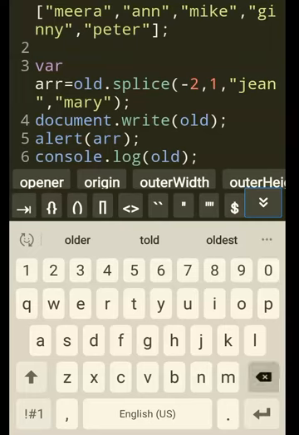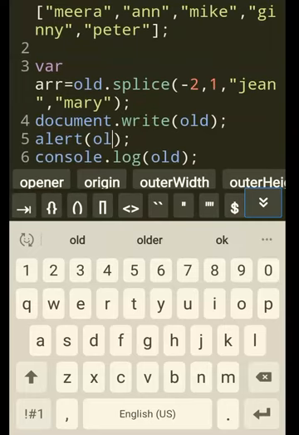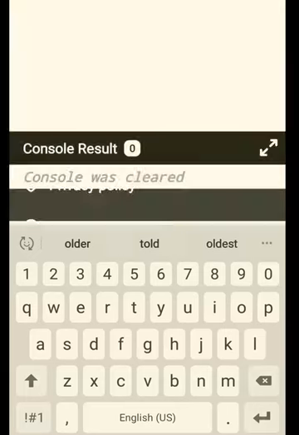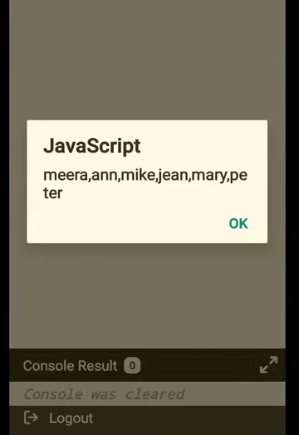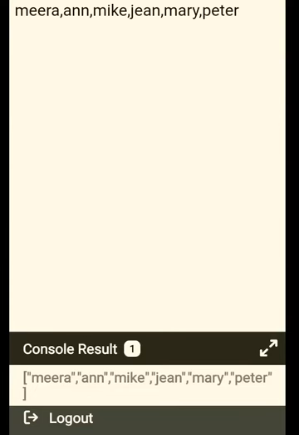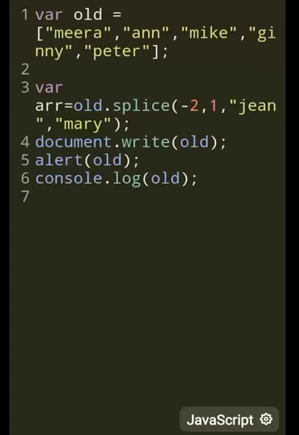Alert also old. So you will get this array: Meera, Anne, Mike, Jean, Mary, Peter. Ginny is not there. Ginny is removed. There you go. You get the old array mutated one with Ginny removed. The Ginny was at -2, remember, in the reverse direction. So that one is removed, and then you get the mutated array when you call for the old array.